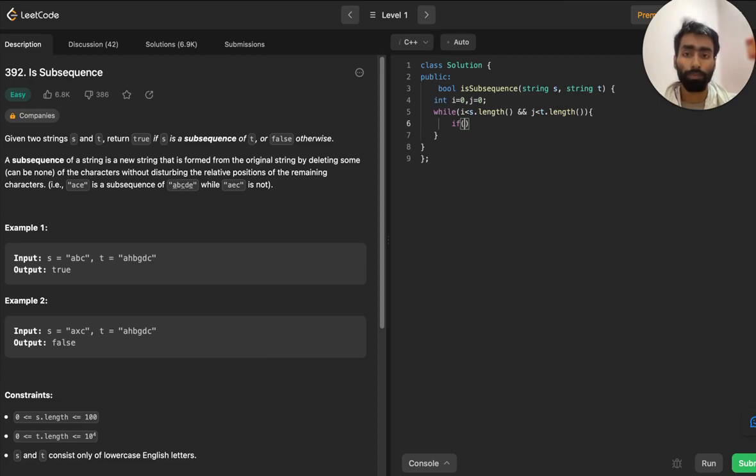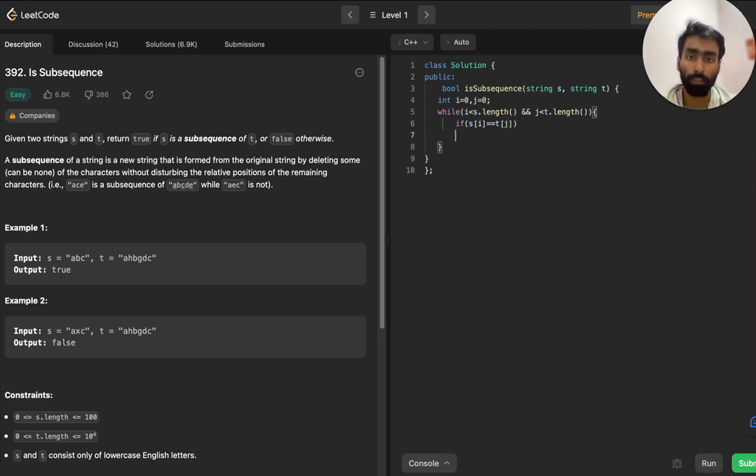So if s[i] equals t[j], then in that case we need to increment i plus plus, and j plus plus will be done in both cases, whether it matches or it doesn't.